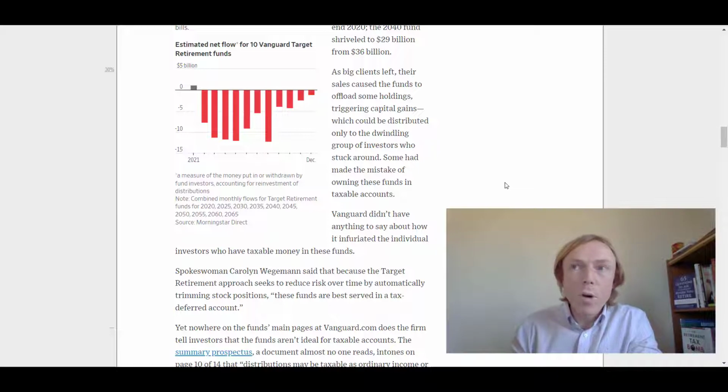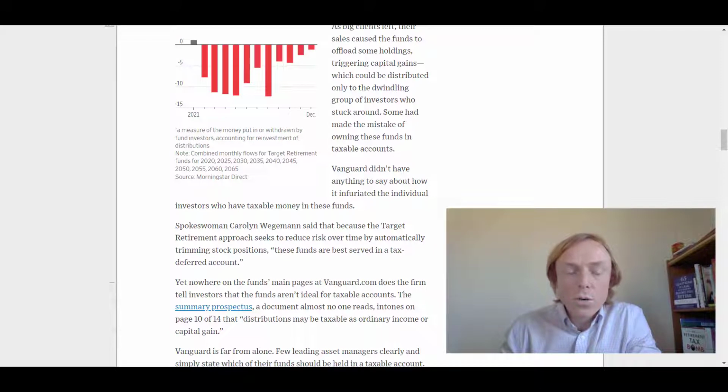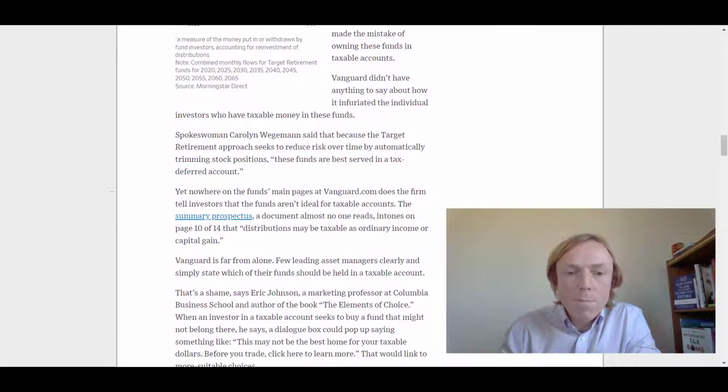But if you buy one day, you sell the next, you buy again, keep on selling, and you do that every single day for an entire month, there's no capital gains or loss on what you do inside of those retirement accounts. So going back to Jason's article, Vanguard did not have anything to say about how it